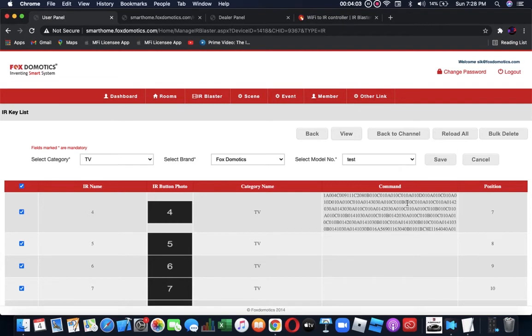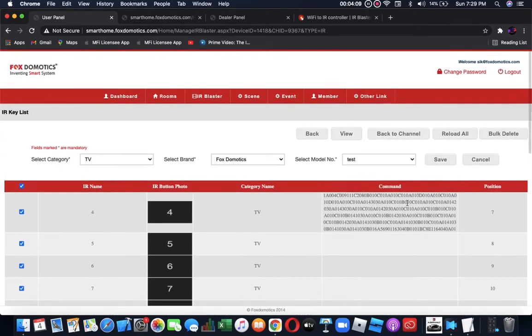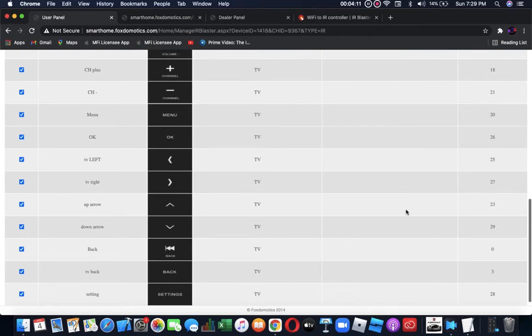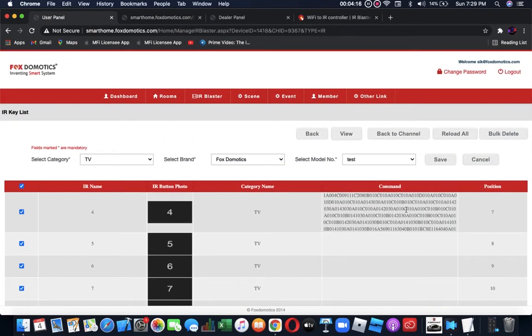All the buttons which are already added will not be shown here, so you can't see 1, 2, 3 and the power button. Since we deleted number 4, we can re-add the 4. I can select only 4 and click on save.